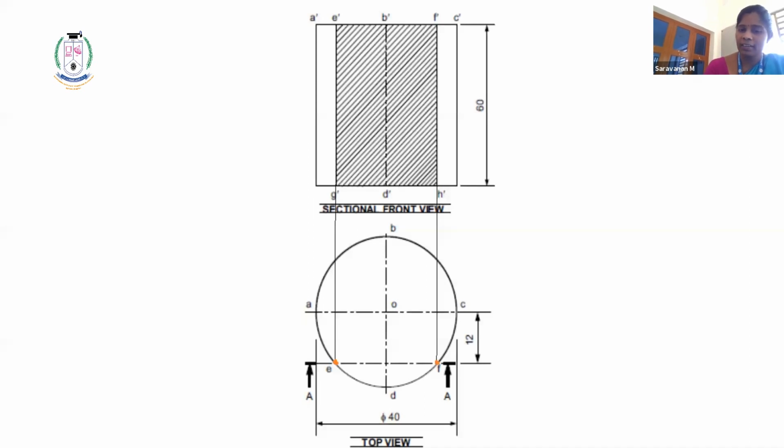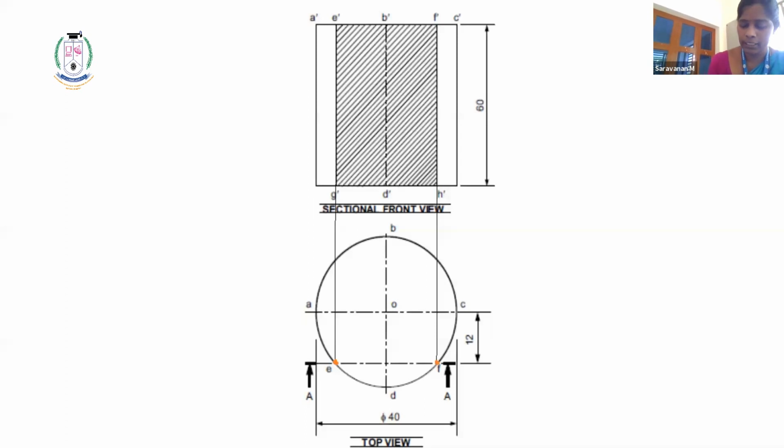Mark the intersecting points of the sectional plane and project them towards the front view. The sectional plane intersects at points E and F, and while projecting towards the front view, they intersect at the new points G and H. Then project all the lines and hatch in between the projected lines of the sectional plane.